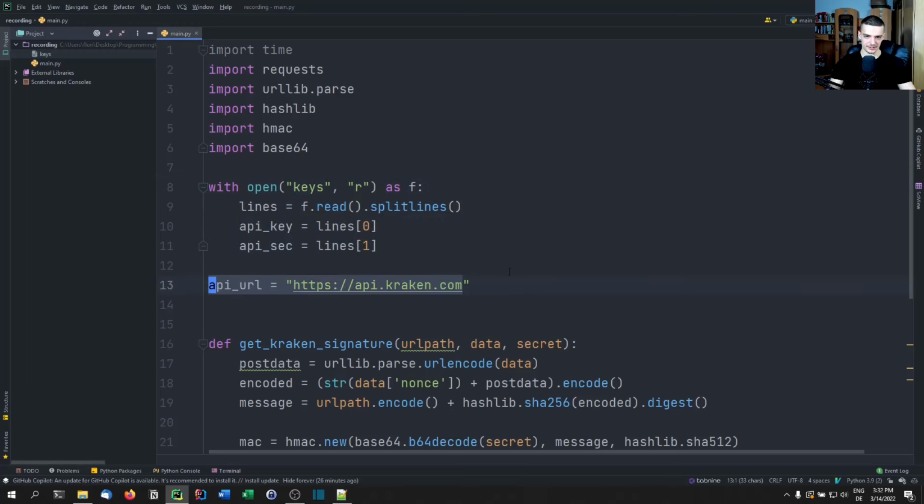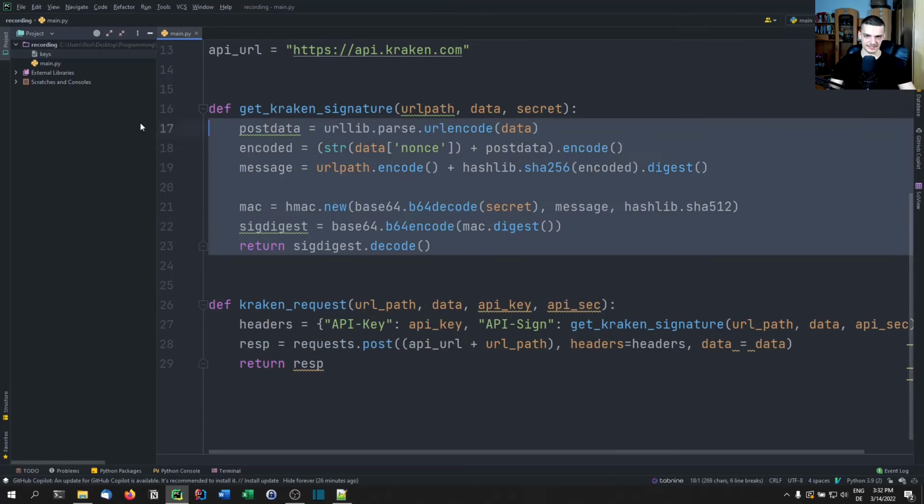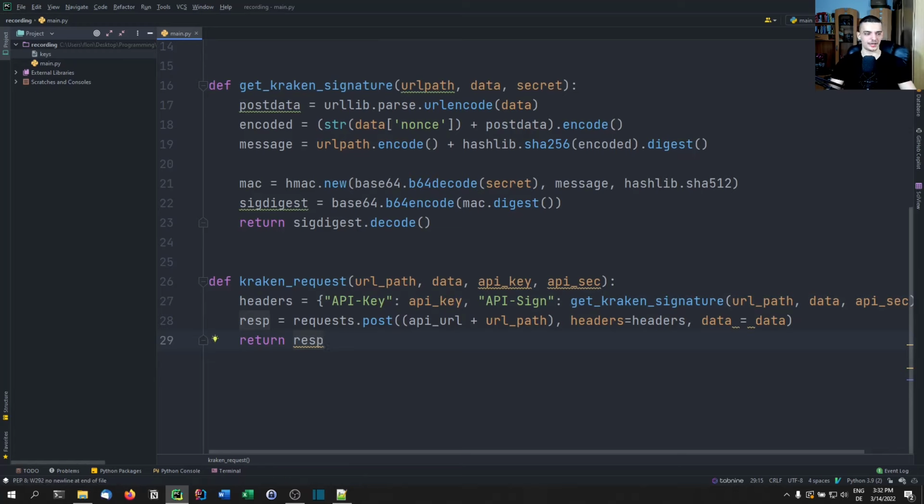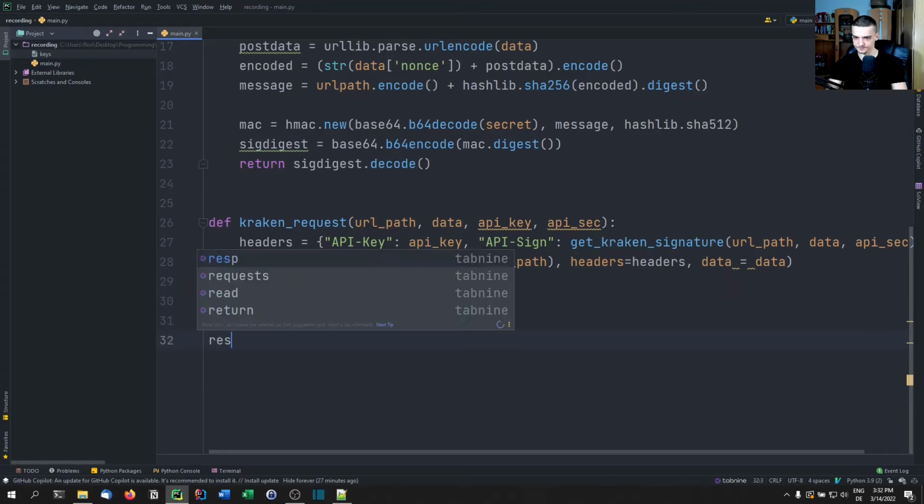We specify the URL of the API. We have the signature function that creates the signature that we need for the verification here, for the signing. And here we do the actual request that we pass to that function. This is what we need here as a framework, and then we can now just go ahead and do some basic stuff. For example, we can get started right away with a simple request, which is going to be getting